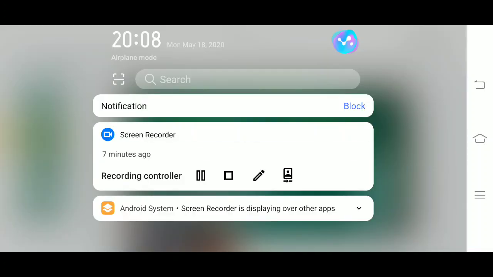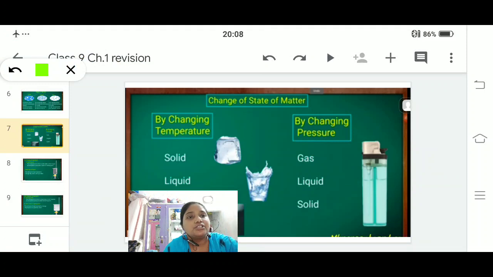By changing the pressure: see here, I kept a lighter, the kind we use when we travel, not the home one. In this, they fill the gas in the form of a liquid.